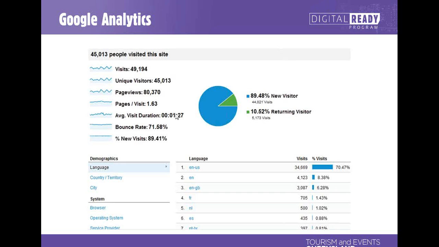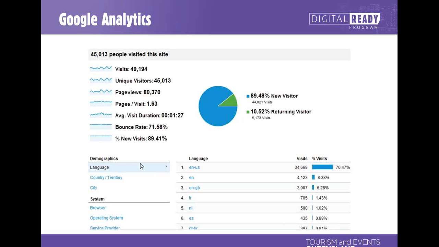The other thing to note with this one, here's my new versus returning. So we've got about 90% new visitors. So we want to get that down and this up because it's going to be costing us a lot of money to get all these new visitors. So what I recommend for this site as well is to try and hang on to these people and get them to come back, maybe by email, maybe by encouraging them to join your social media, or just by keeping in touch with them in some way that they're happy with. Try and get people to come back, maybe by regular blog posts, regular specials, that sort of thing, rather than always going for new people, because it's very expensive to get new people all the time. It's much cheaper to hang on to these people and try and get them to spend more with you over time.